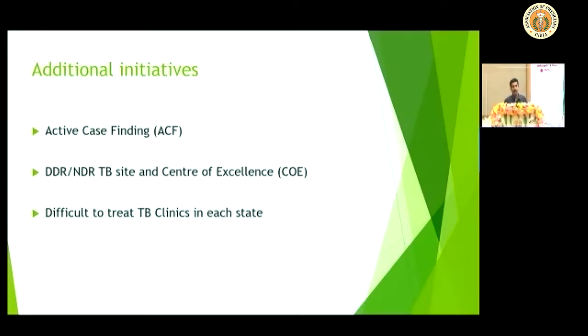What are the additional initiatives? Active case finding. This has been done periodically inside the program. There is scope for active case finding to find out the cases which are looming at large and not coming to healthcare facilities. DR-TB centres, NDR-TB sites and Centers of Excellence have been set up to deal with the complicated cases. Difficult to treat TB clinics in each state have been set up to discuss the difficult drug resistant cases and